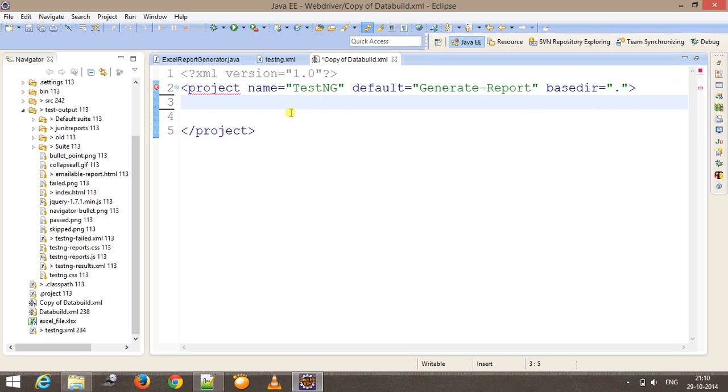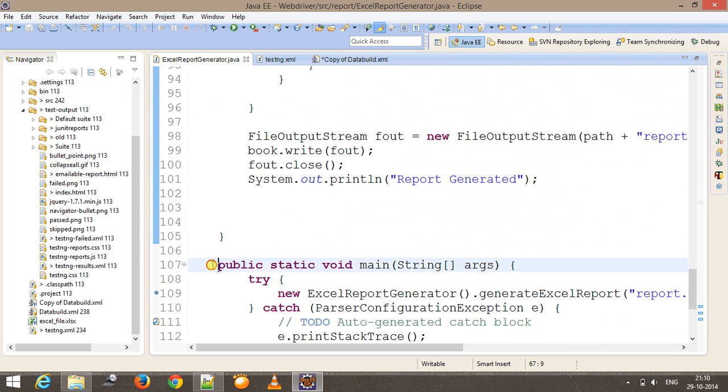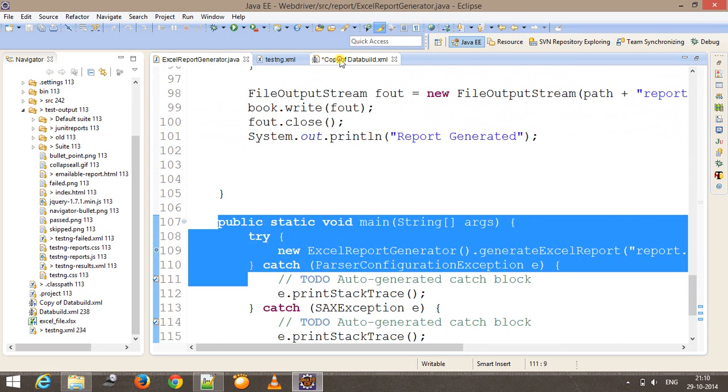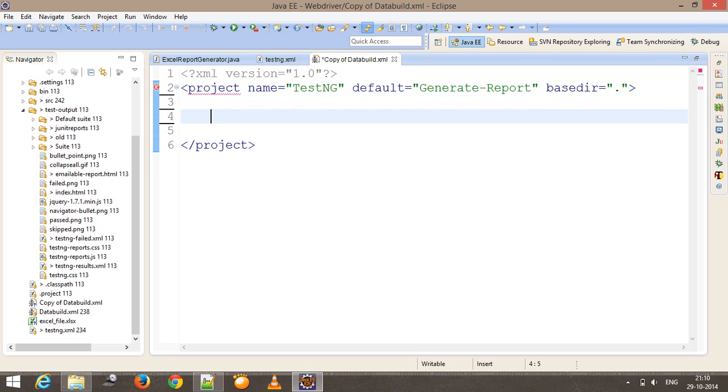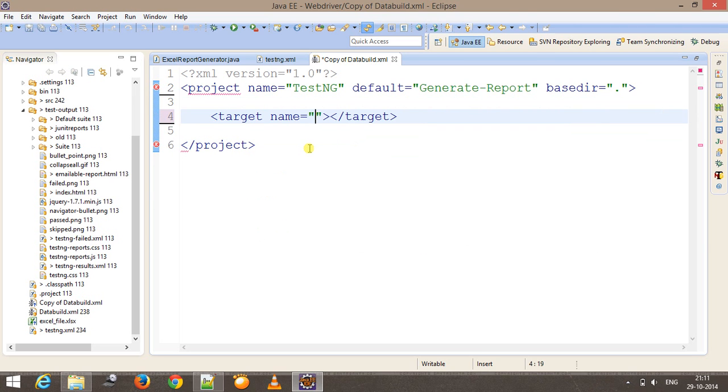So in Ant, if you want to execute anything, you need to create the target. For example, if I want to run this JavaScript, we will have the main method, which acts as an entry point for execution. Similarly in Ant, targets act as an entry point for execution. So first of all, I'll create a target that will delete this test output folder. So the target name will be delete,